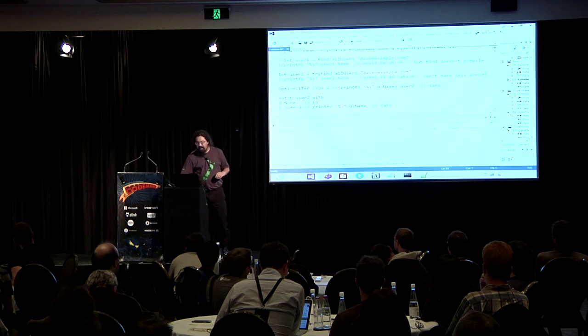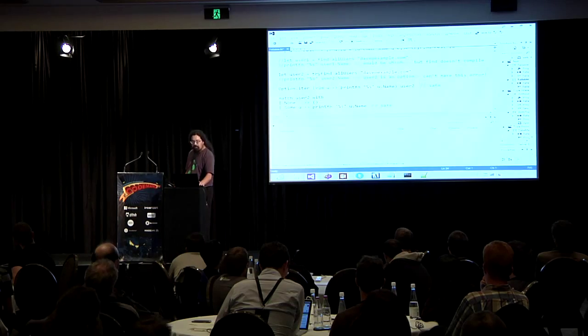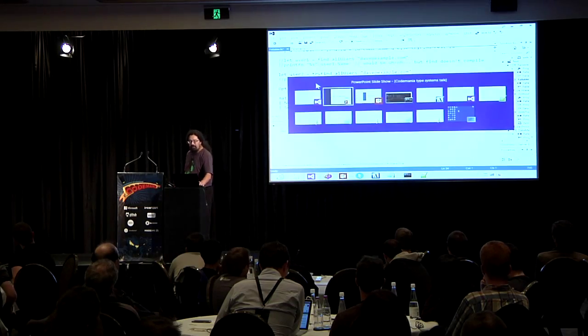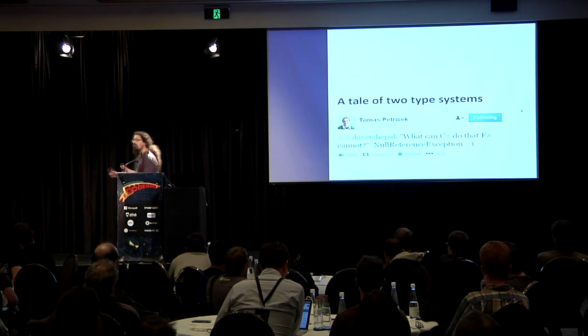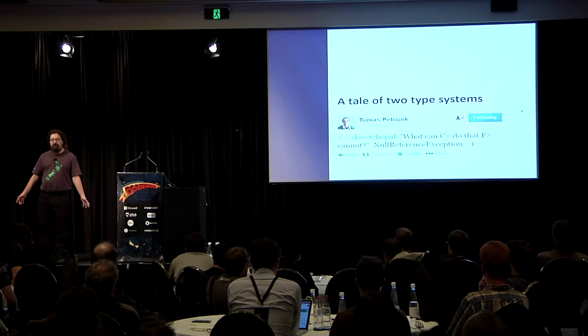Now, one of the costs for that, as you can see, is that the compiler insists on me proving things to it. So if I was confident that this time I'm bound to get a user back rather than a failure, I know this guy's going to be in the collection, then doing all of that checking just feels verbose and unnecessary because I can have confidence in it.